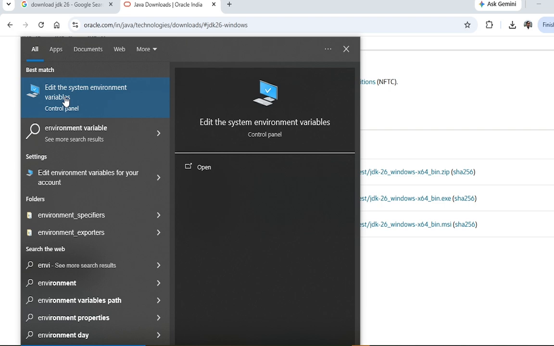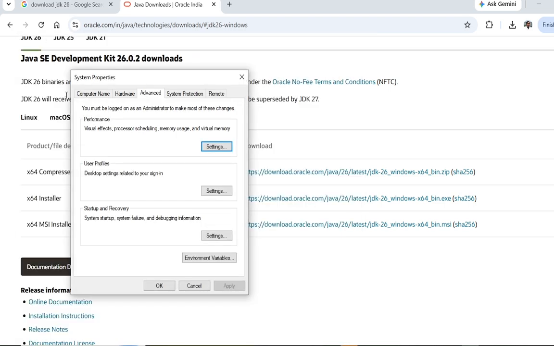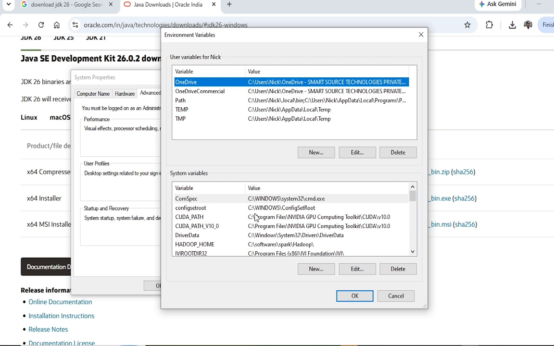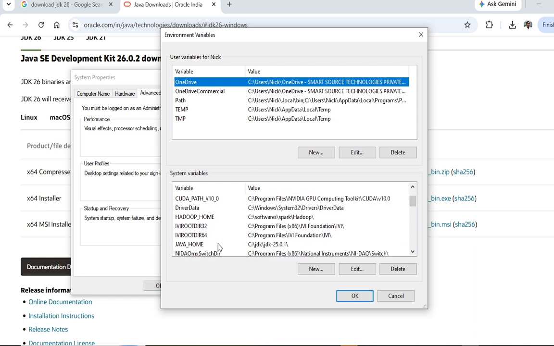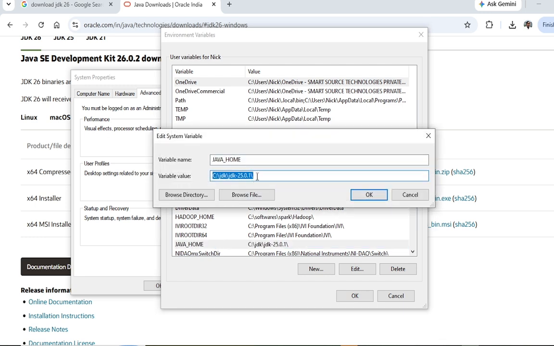select edit the system environment variables and go to the environment variables and search for JAVA_HOME. So it is currently 25. I'm going to change it to 26. Okay,